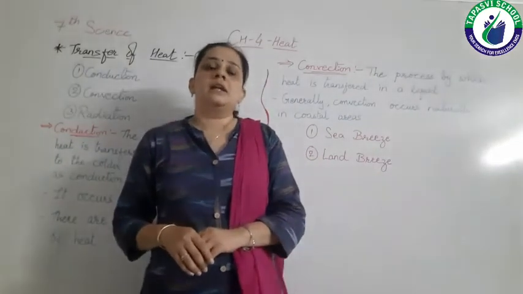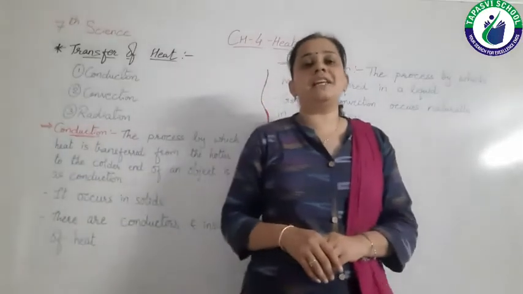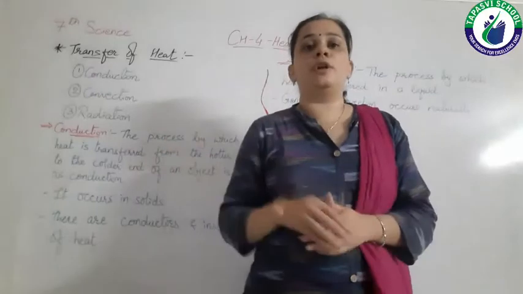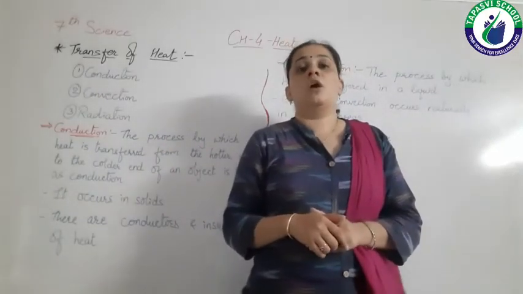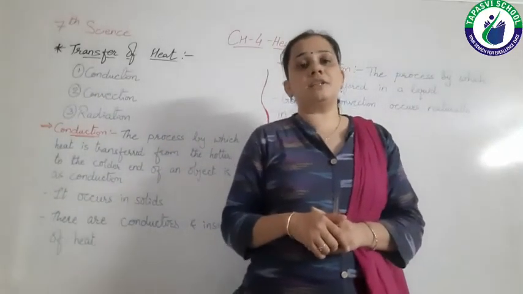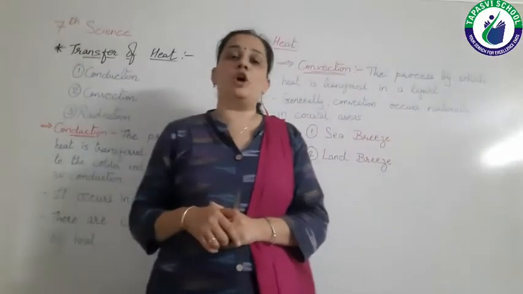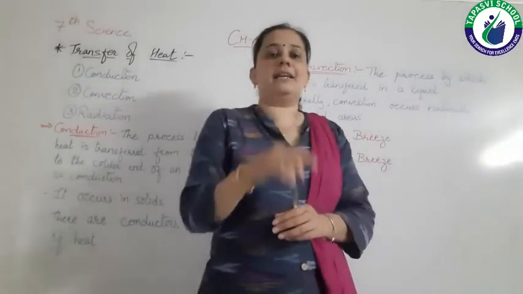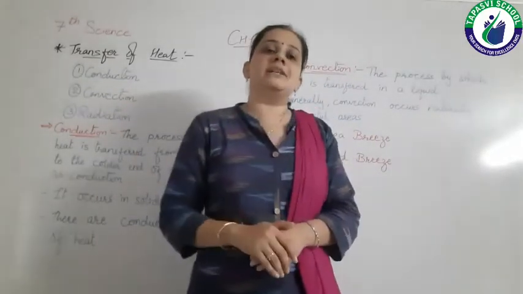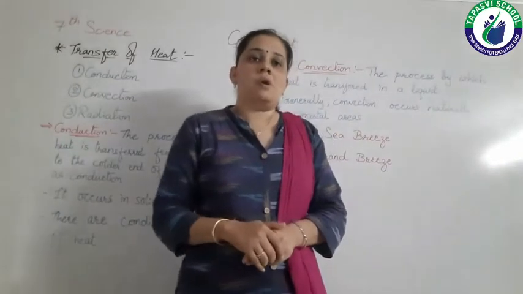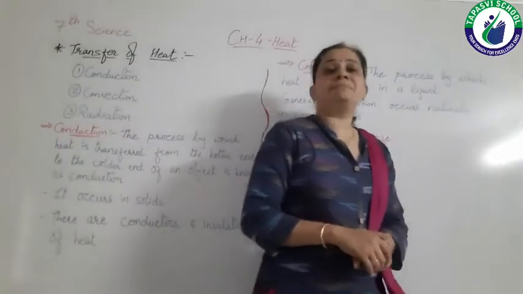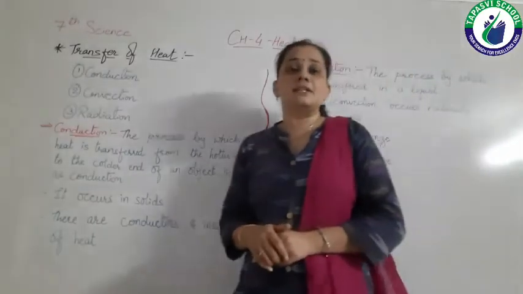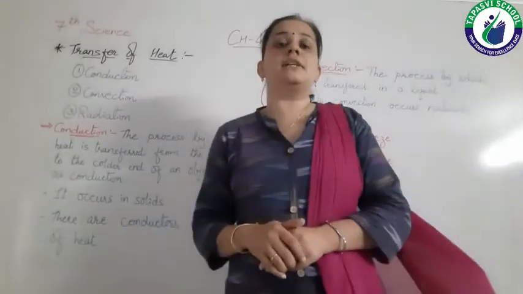Okay, and the range of the clinical thermometer is 35 degrees Celsius to 42 degrees Celsius, while the laboratory thermometer has range from, yes, you are right, that is minus 10 degrees Celsius to 110 degrees Celsius. Then we studied about the precautions which we should take in consideration when we are using these thermometers.